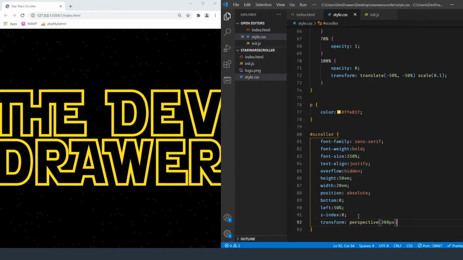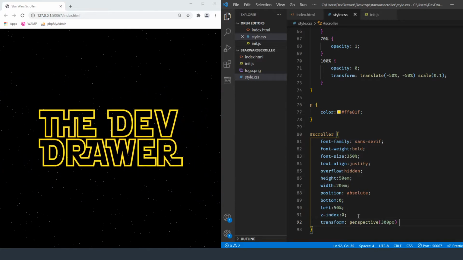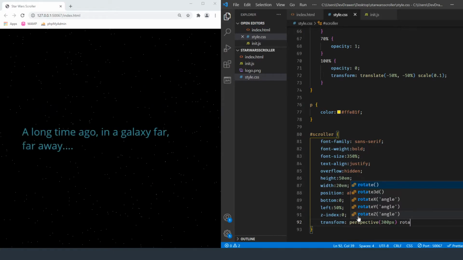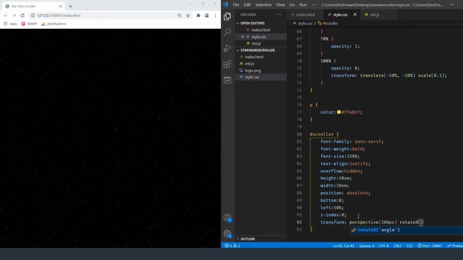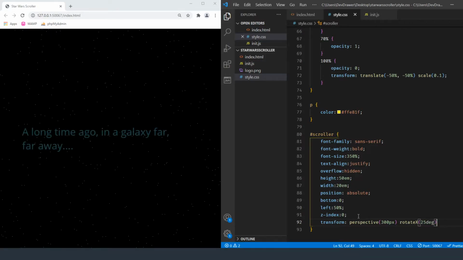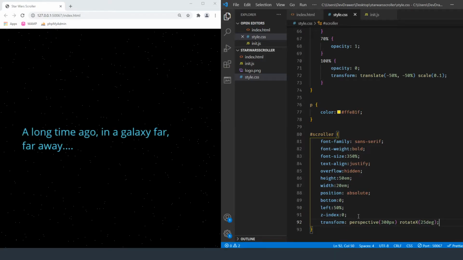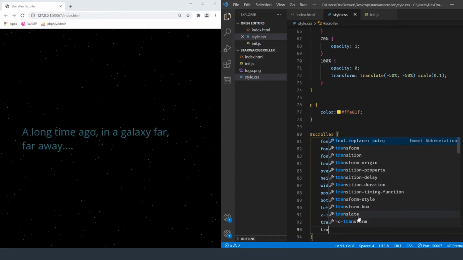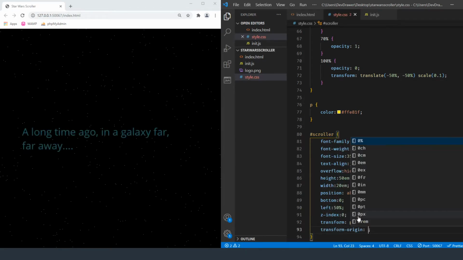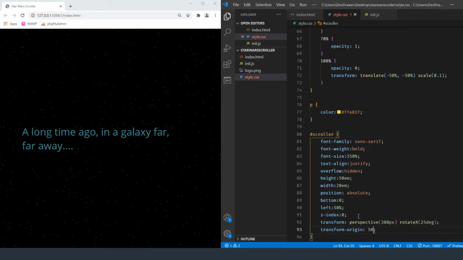So we're going to give it a 300 pixel perspective, and then we're going to rotate the X position by 25 degrees, which will give it that, like it's falling, going backwards kind of look. And then we want to have the transform origin, and we're going to make that 50% and then 100%, just so it actually transforms kind of at the bottom middle for us.